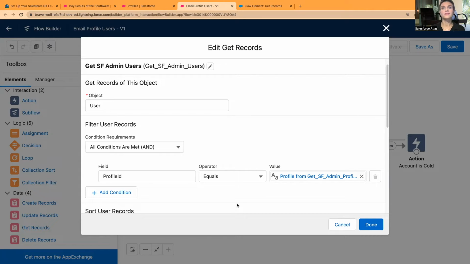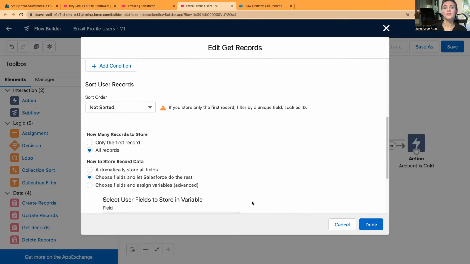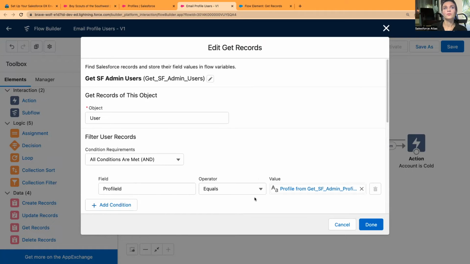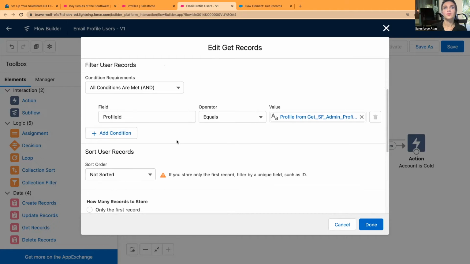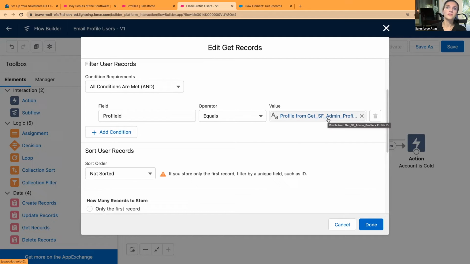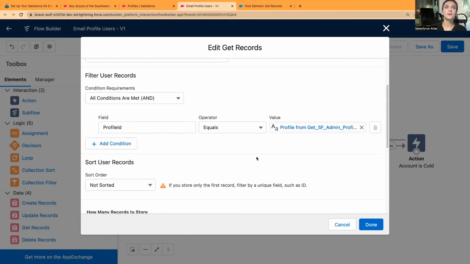Now you can double check this, but if you are moving something from your sandbox to a production org, then the API name, system administrator in my Salesforce sandbox environment, system administrator profile, they have the same name as in my production org, and I can use this without hard coding these IDs because I can make a mistake, and it can change as well. Now if I get profile ID equals, then the profile ID from get Salesforce administrator profile ID,